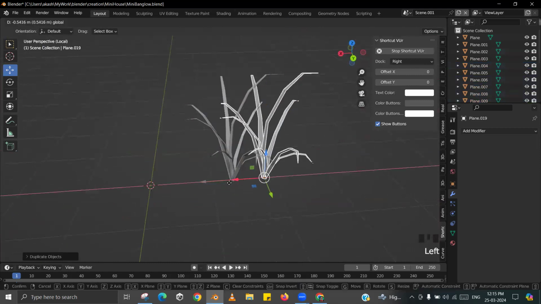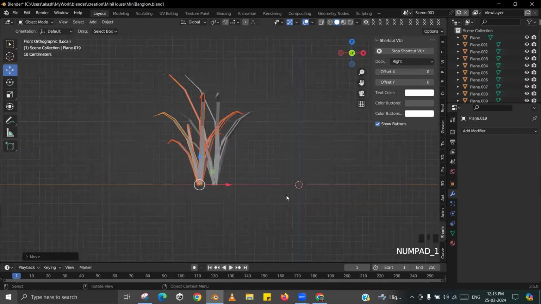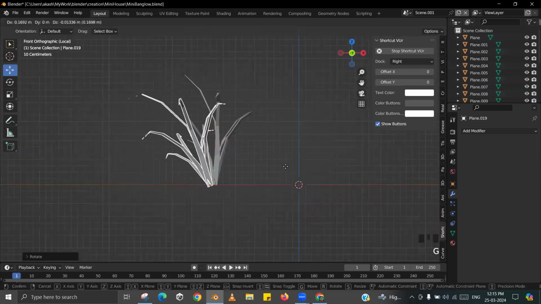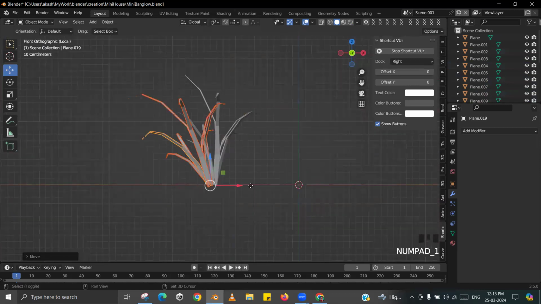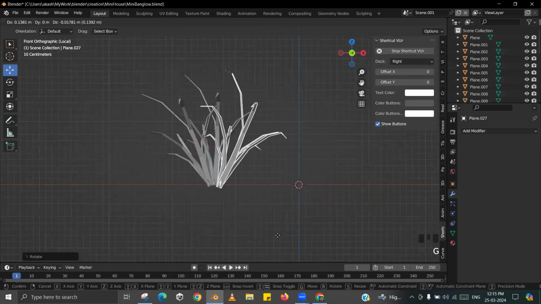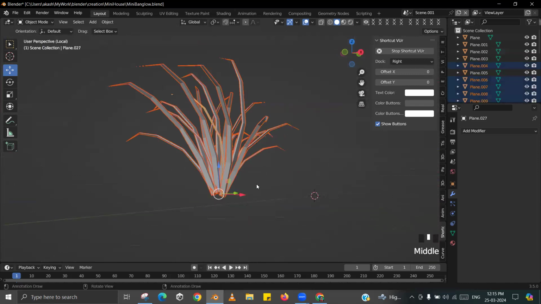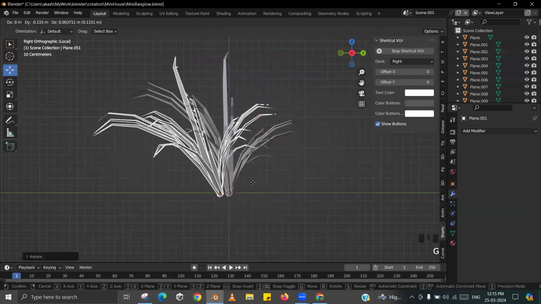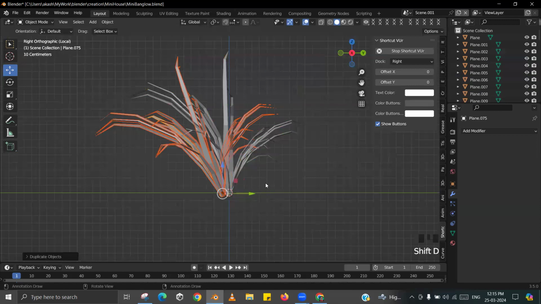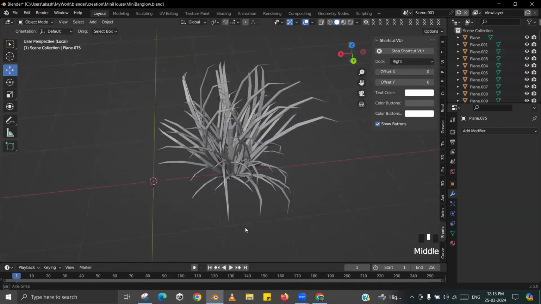You can also actually duplicate it and somewhat do like this, shift D, rotate it this side like this. Again shift D, rotate it somewhat like this, and shift D, rotate it somewhat like this. So yeah,